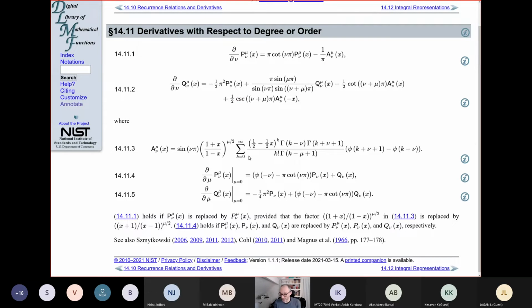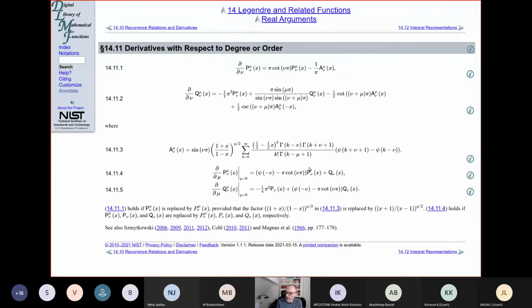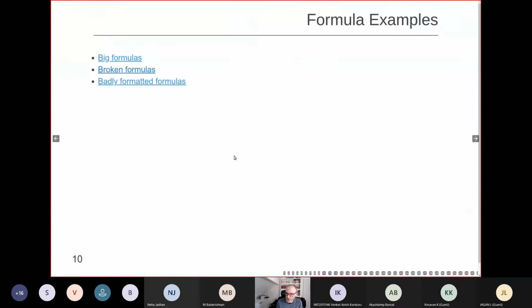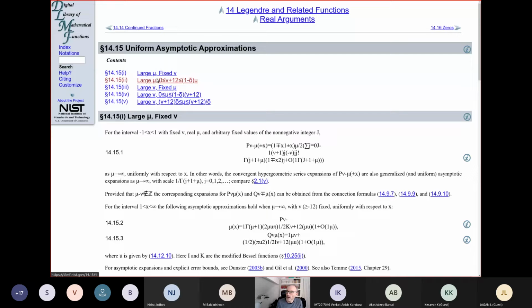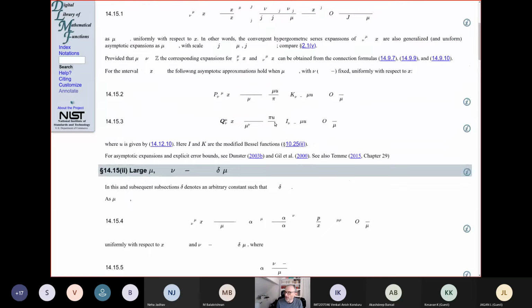I know the guy who's doing that, and he's doing a great job, but obviously a lot of it is geared towards visual layout, which is already hard, as you can see here on these big formulas on the page, and therefore it's not always well done. Well, and obviously then you can have all kinds of badly formatted formulas. Let's wait a bit until this thing renders,